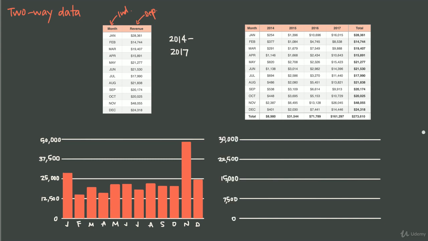So for example, we might do axes like this, starting at 0, so we can graph 254, and going all the way up to 30,000, so that we can graph 26,000. We could pick other increments, but these are just the ones that we picked. And then, of course, we want to put the months across the bottom to show all of the data in the table. Now from here, we could go in and graph the data for 2014, and that might look something